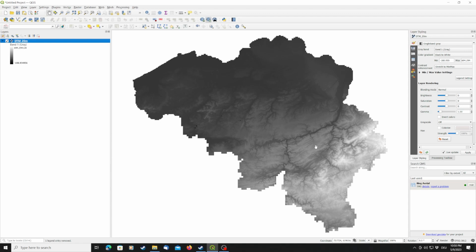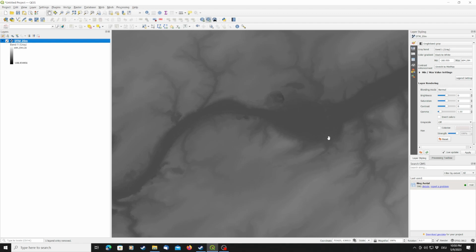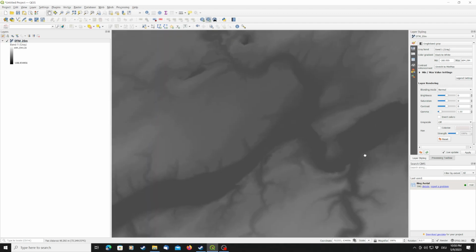Now, first thing we are going to do in order to convert this is we select a smaller region, because while in principle we could convert the whole of Belgium, this is going to be stored in a single file, and this file would be huge. And I mean, for a combat mission map, we are not interested in that much data anyway. So let's just zoom in to a region of interest. Let's just randomly